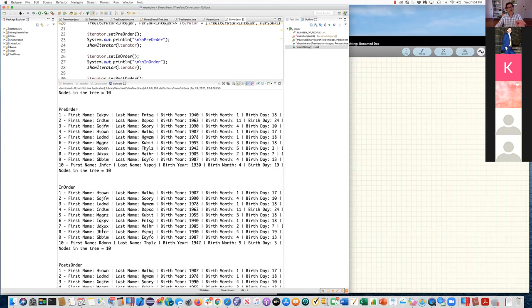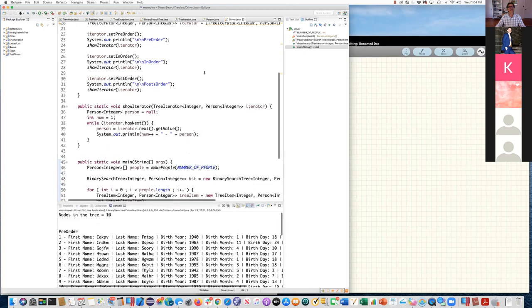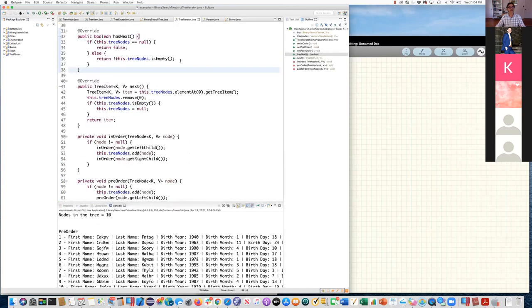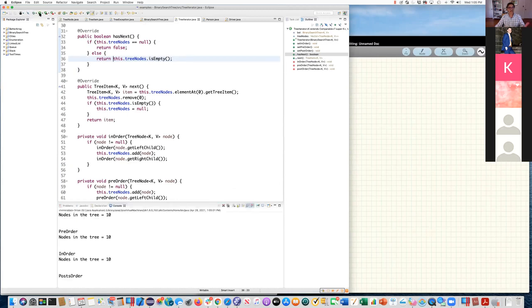So how can I figure out what the tree looks like by looking at these traversals? Oh, and by the way, just in case you were wondering, what was the error that was the problem here? When I went to my tree iterator, and I was seeing if it has a next, I was missing this not over here. If I get rid of this not from here and I run this again, we see that there are 10 things in the tree, but we can't see them.